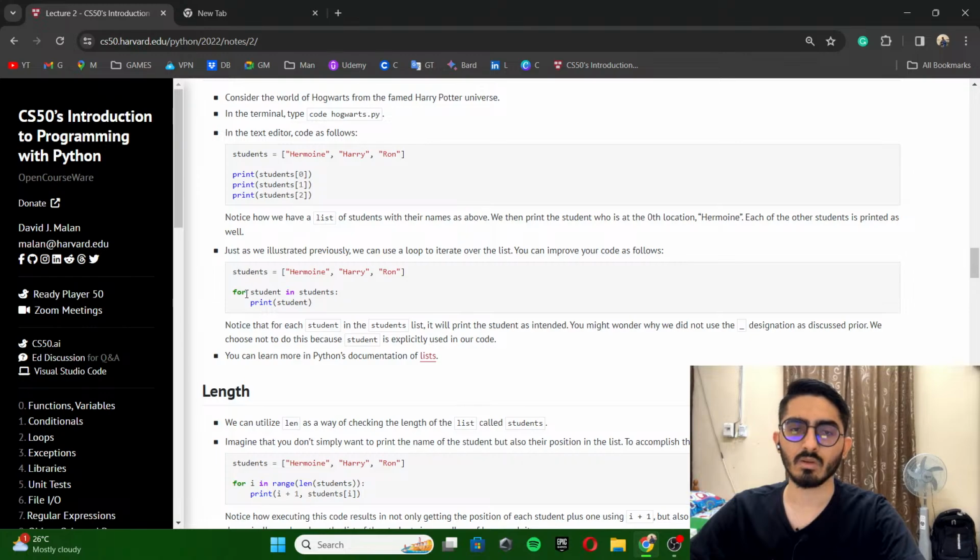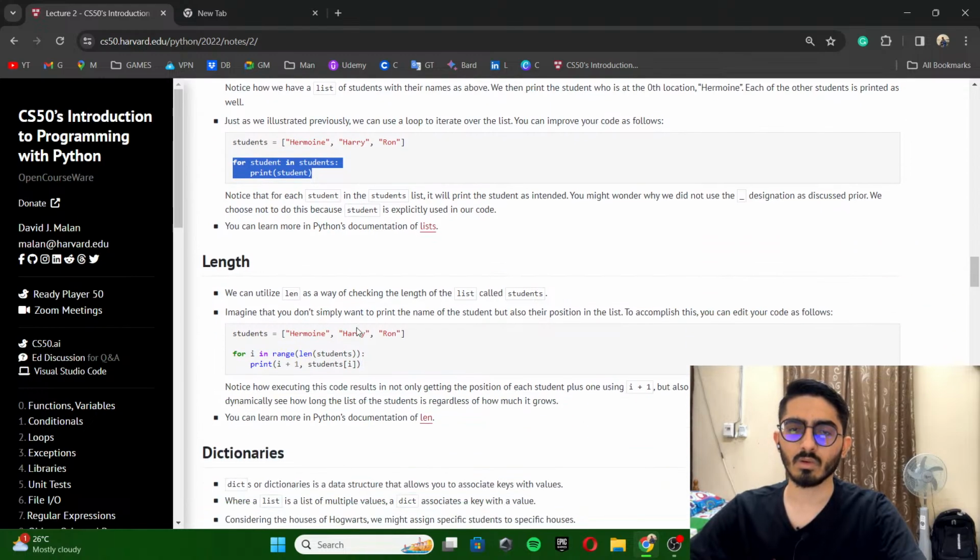If we want to print all the students and we don't want to use this, if there are 1,000 students, then we can just take student in students. We can use the for loop and loop over the list like this. It will print all the students. Or if we don't want to do it like this, we can use it like this: